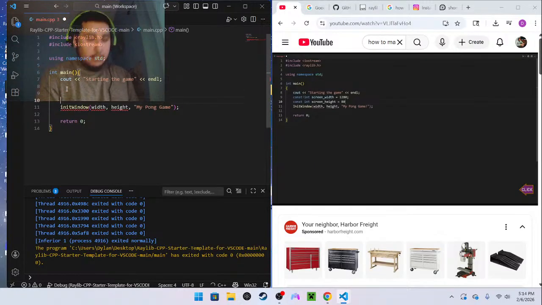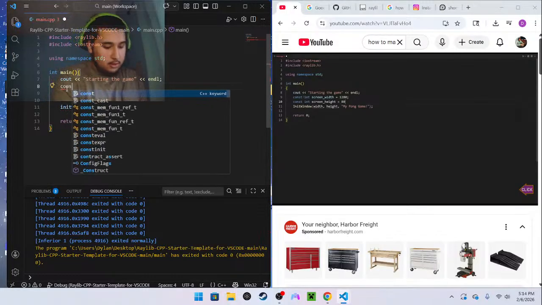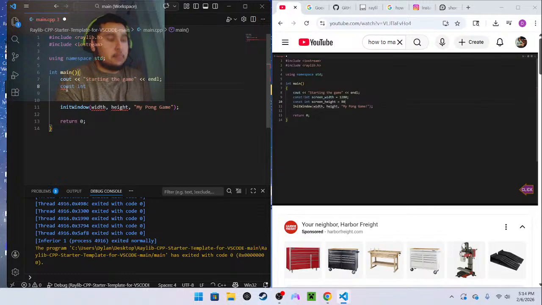So I need two constant integers. Const int screen width equals 1280. How big is that? I don't know.